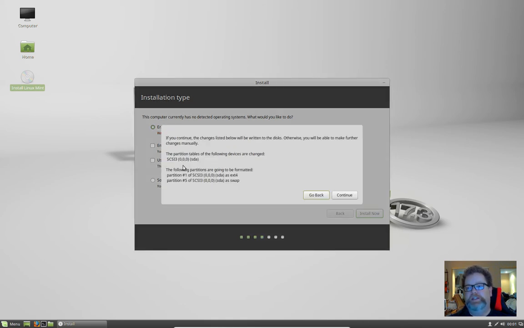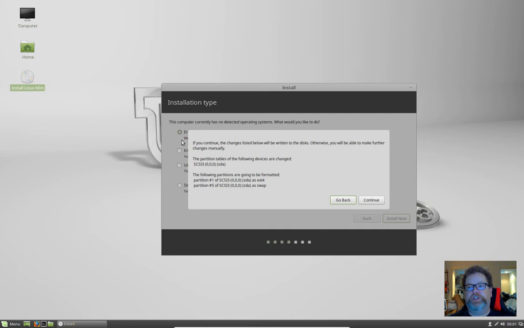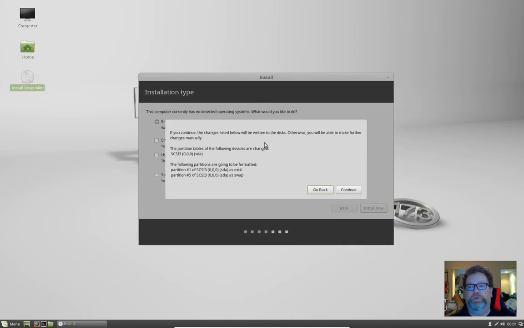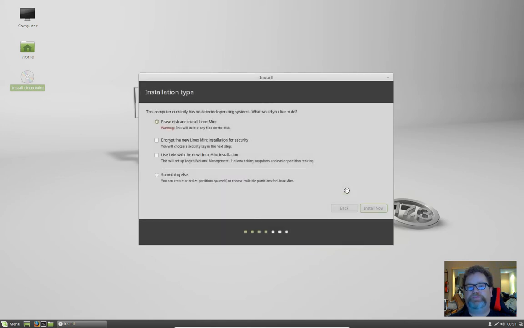It's warning me that it's going to format my drive. Now remember, this isn't your real hard drive. This is the virtual drive that we created in the last episode, so it's not going to affect your current system. Now if you're doing this on a new computer and you're not doing it inside a virtual machine, it will format the hard drive, so be very careful. A lot of times there's another option that'll pop up. If you want to dual boot Windows and Linux, it'll ask you if you want to install Linux beside Windows, but since it didn't see Windows on there, it's not giving me that option. So we're going to continue,